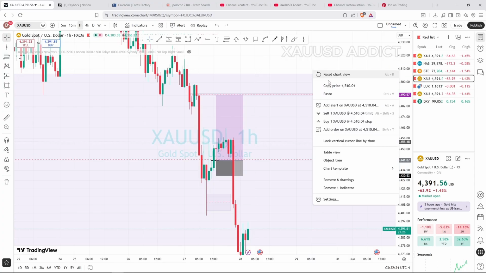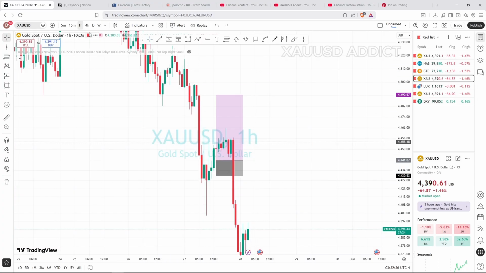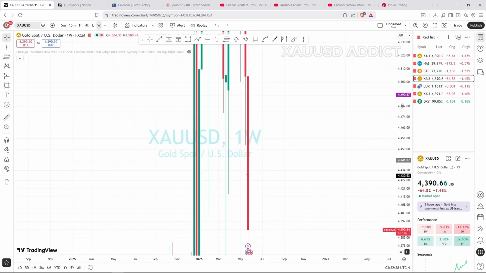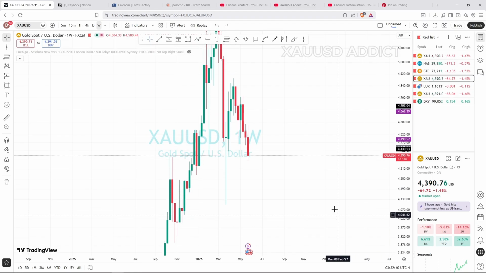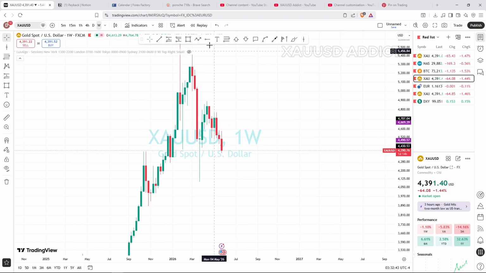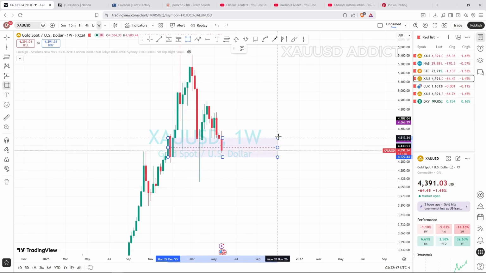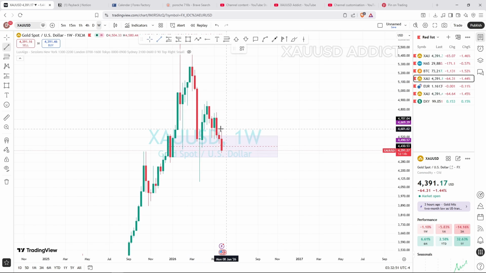Okay, so let me delete everything here, and we start from the weekly time frame. On the weekly time frame, where were we? We were still in a weekly order block here. That was the one which was still supporting price. And what had rejected price? It was this weekly breaker block. That is the one which had rejected price to the downside. And then at this zone we had the weekly order block.